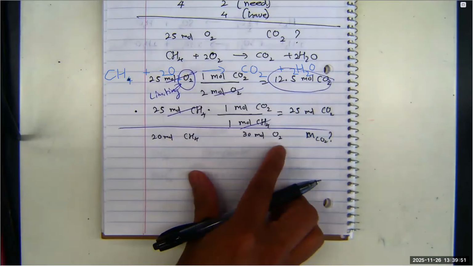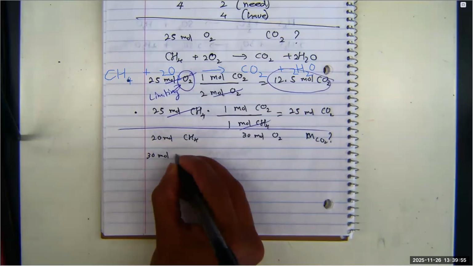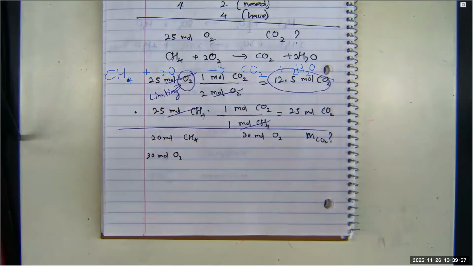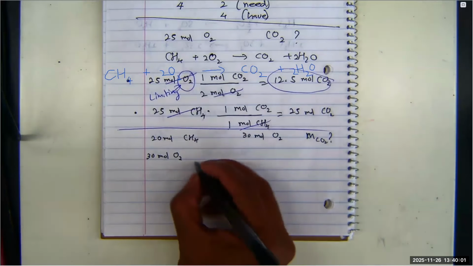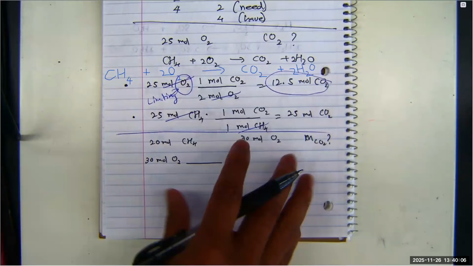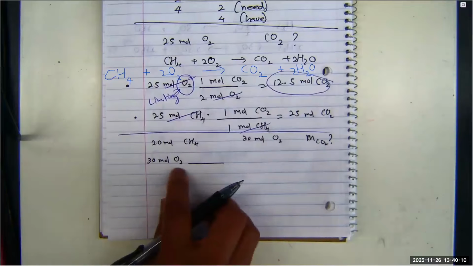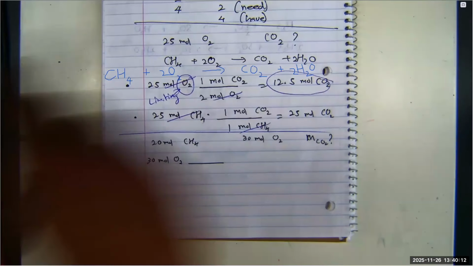Okay. So let's start with 30 moles of oxygen, right? So we have 30 moles of oxygen. I'm trying to think less here. Okay. So we don't want moles of oxygen, so I'm going to get rid of that. How do I do that? So I'm going to use the molar ratio from the balanced chemical reaction, right? So with 30 moles of oxygen,